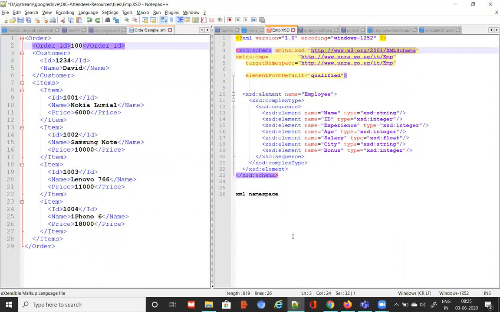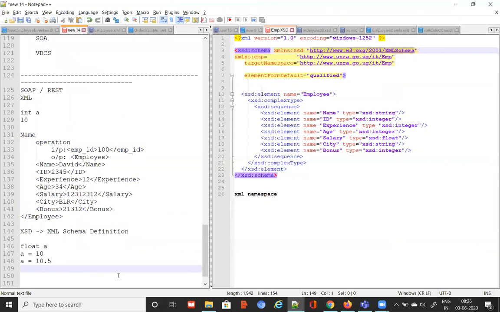And as I said, I'm going to use these XSDs in the WSDL, so you'll get more clarity on how other XML documents use or refer to XSDs. And when you do the integrations also, you'll be using XSDs there. You'll be generating XSDs there. So you'll also get the context of how we use them in the integrations.